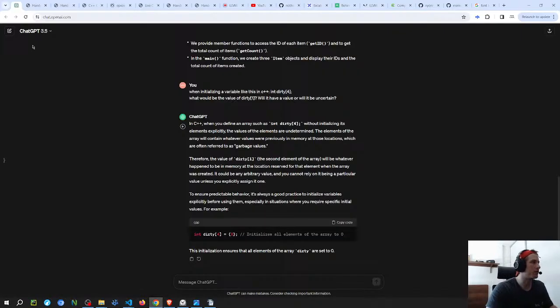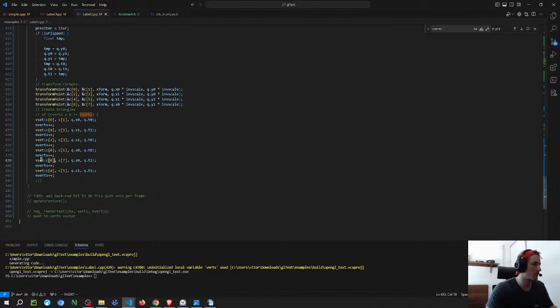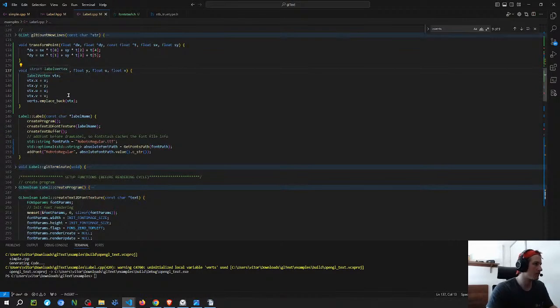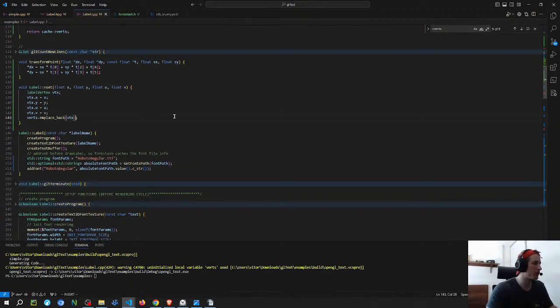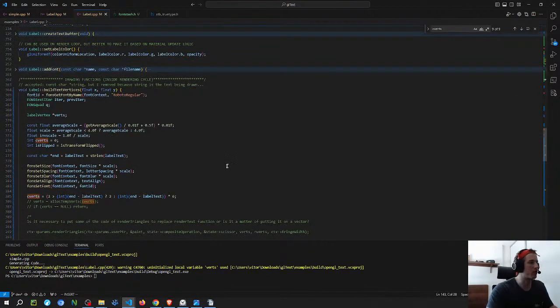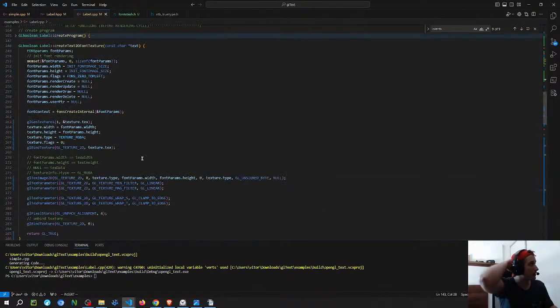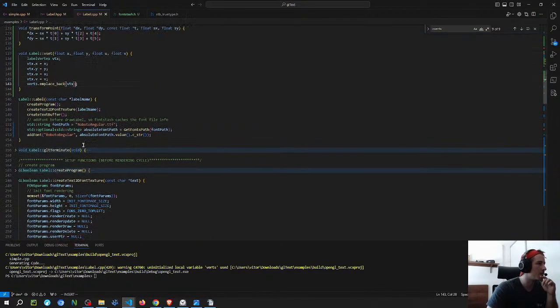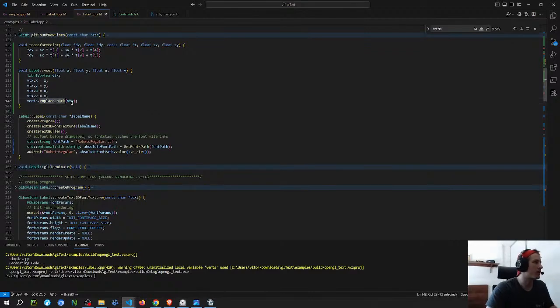Yeah, so let me ask the in place back thing. And after I do that, I'm gonna create another function here that is gonna be the draw label, and just copy whatever functionality they have in the flush there and try to figure out how to replace the variables that I need. So I'm gonna ask